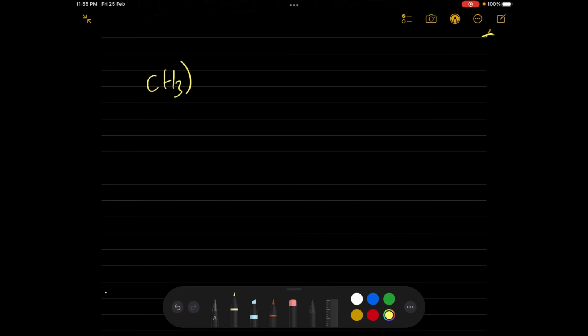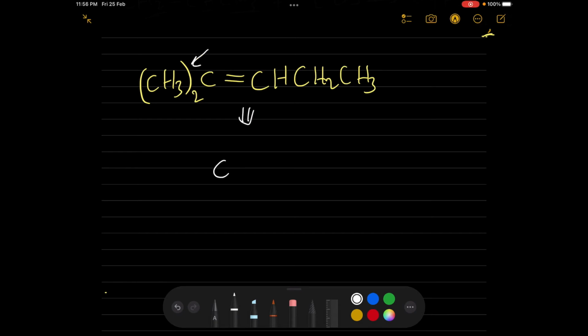H3, that is bonded to 2. And here we have double bond C, H, C, H2, CH3. In this case, you should understand how to translate this to a formula that you can understand. As we can see here, C is bonded to two methyl groups, it looks like this, CH3 and CH3. You have a double bond, CH, it means this C is bonded to H and it's bonded to C2H5. Like these are the same. So you could have hydrogen and here you have